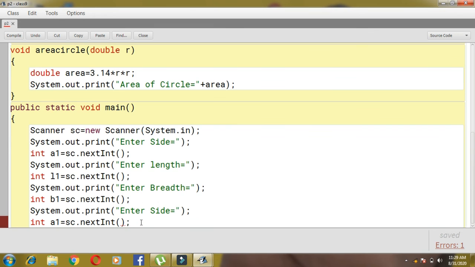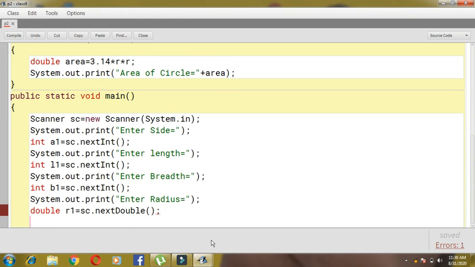Then one more, enter radius. But radius is of double type, so I have to mention here double, then radius, that is R1, and sc.next, and here also I have to change to double. Okay, double. So all the three things we have asked from the user, isn't it, children?